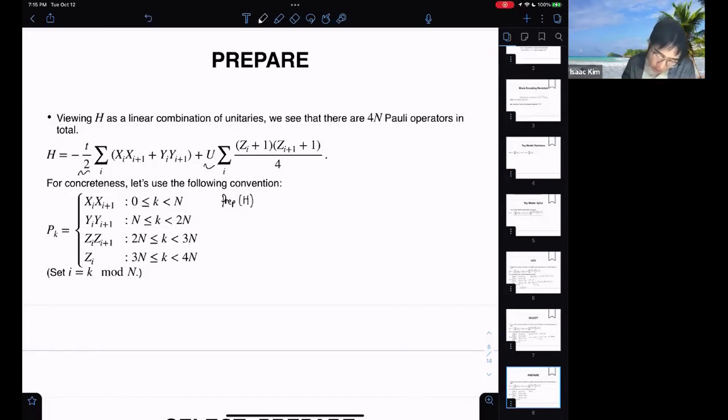And what you would want to do is apply this prepare operation on the ancillary qubits. And what you would like to get is,